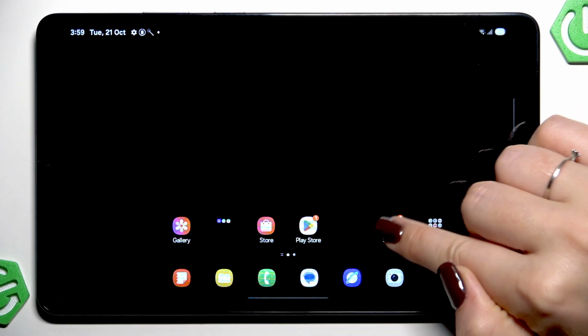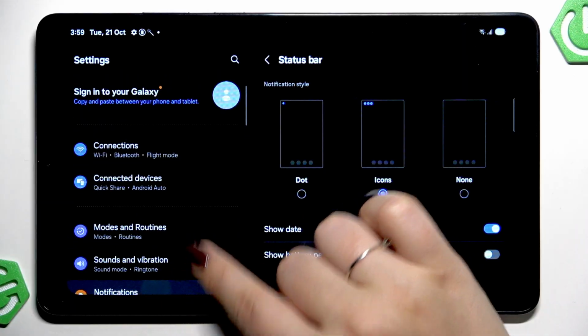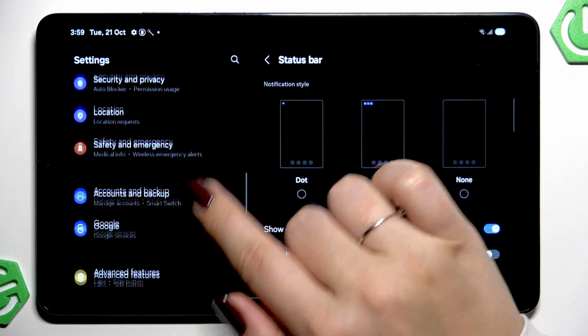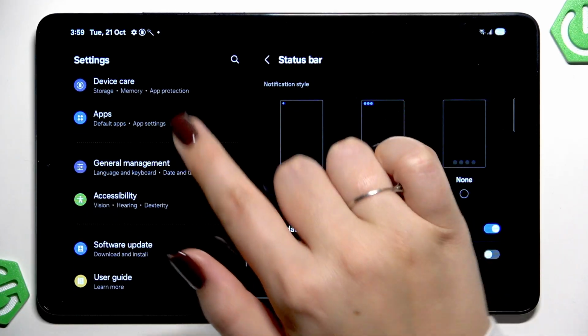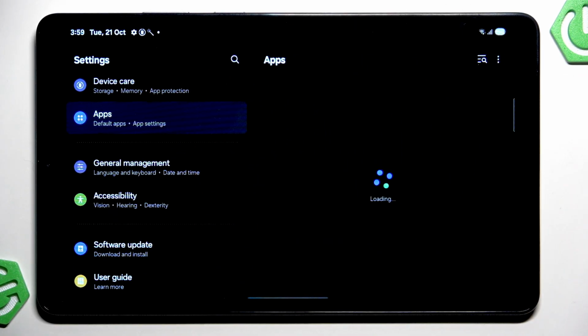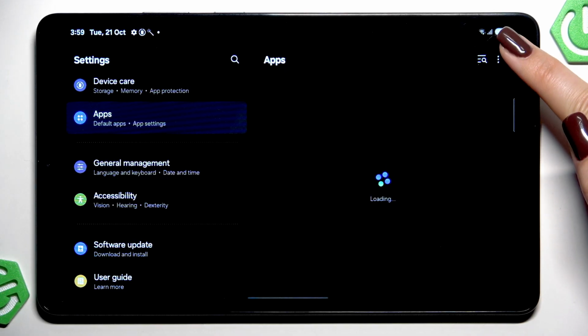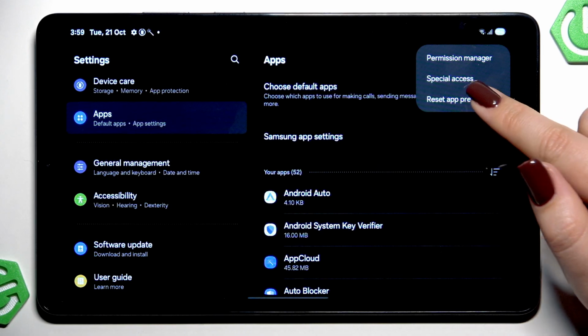So let's begin with opening the settings, and here in this left section we have to scroll and find the apps, which are right here. Now we have to tap on the three dots icon in the right upper corner and tap on Reset App